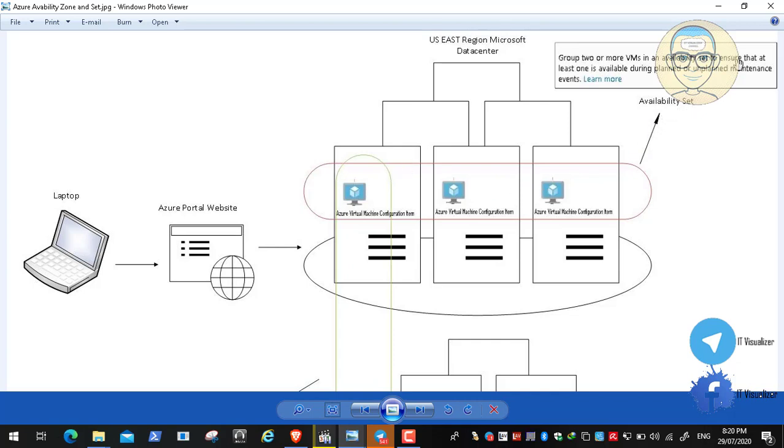It is to tell Microsoft that when you have any planned or unplanned maintenance, we need at least one of these virtual machines to be up and running. How will Microsoft do this? By putting them in this group, Microsoft will ensure that, for example, if these three virtual machines are on one server, it will distribute them on more